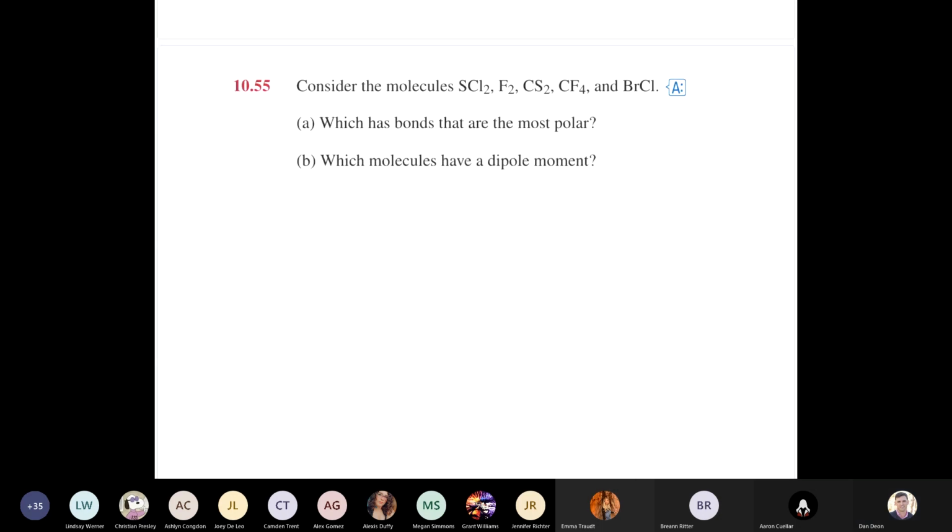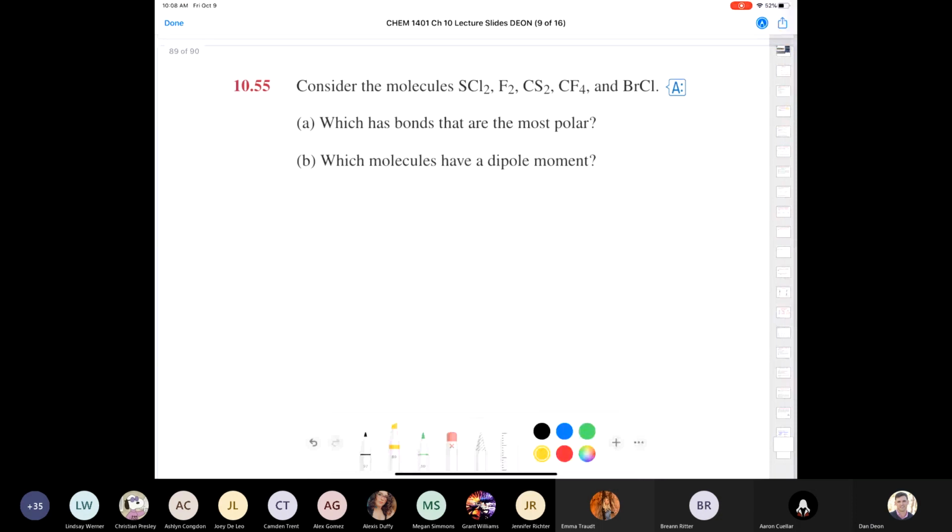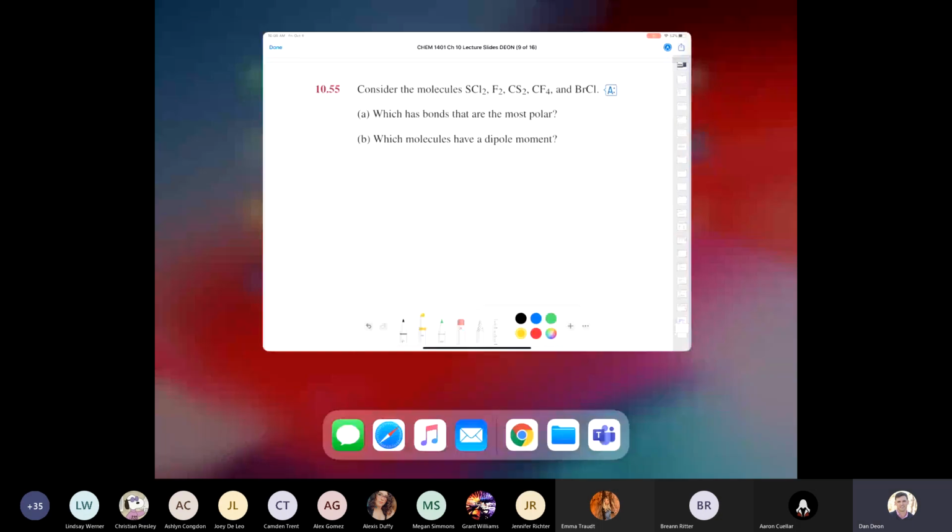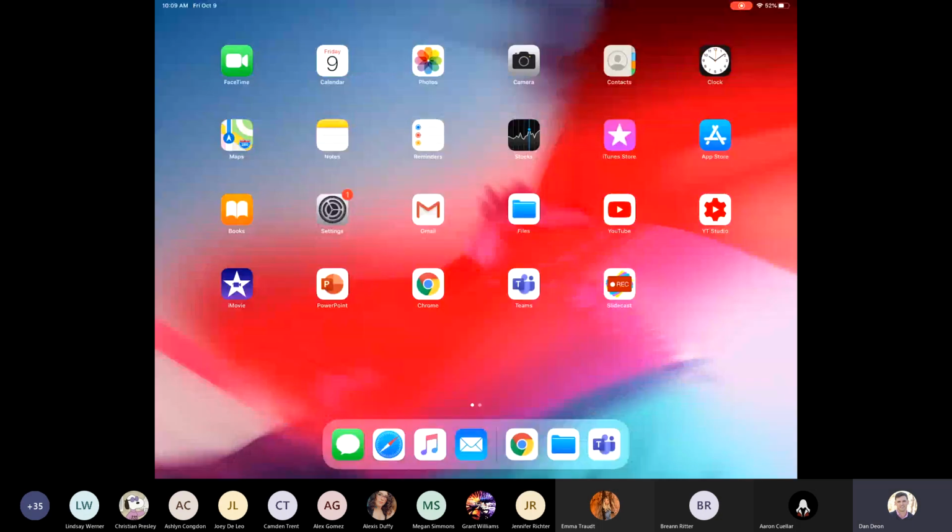Well, which molecules have a dipole moment? You know what we should do? We should start by drawing the Lewis structure and the molecular geometries of each one of these compounds. So let me move this. Oops, I didn't mean to do that. Okay, we'll start with